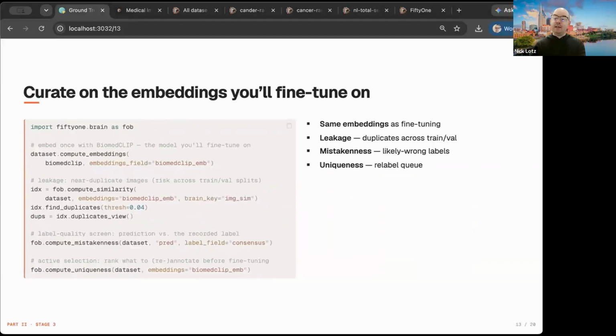This is just the underlying code of how you compute embeddings in FiftyOne. What's nice about computing embeddings is that aside from just seeing the embedding space, there are additional algorithmic methods that FiftyOne supports out of the box that allow us to go even further. So, for example, from the embeddings, you can compute what's called a similarity index